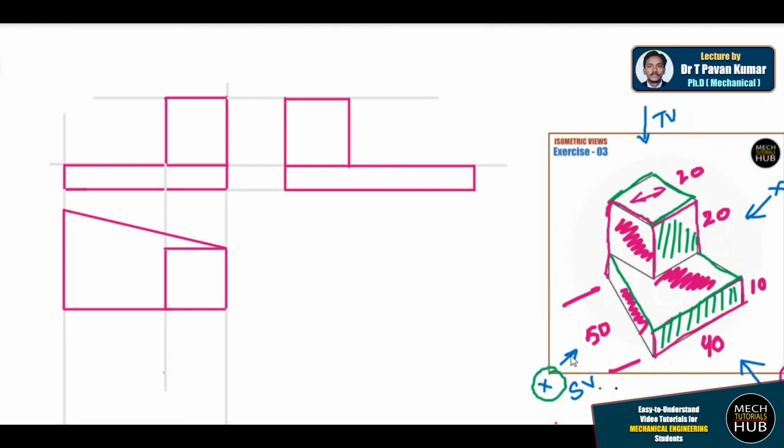Just try to understand what we did. I'll explain roughly again. This is the front view of the 3D model given. This is the top view of the 3D model given. Front view means when we observe the object from here, whatever edges are visible, that is what we are trying to mention here with the help of complete dimensioning. And this is the left side view, meaning we are watching from the left, and the same view will fall to the right, because in first angle projection the side plane will rotate 90 degrees. That is the reason it falls to the right side.